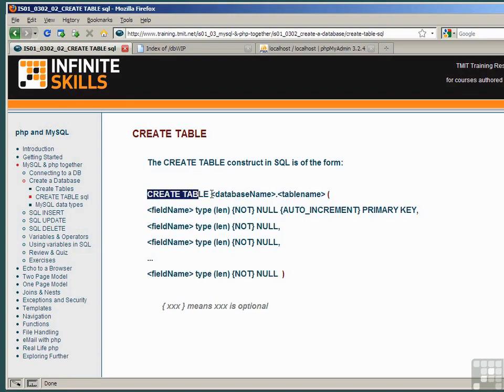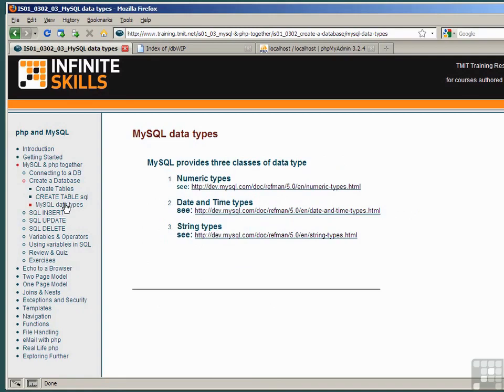So we have createTable, database name, dot table name, open parenthesis, and a comma-separated list of fields, close parenthesis. The things in braces mean they're optional. Unlike PHP, which guesses the data type of a variable from the assignment statement, MySQL demands that every field be explicitly given a type. Let's have a quick look at these types and see where you can find detailed information